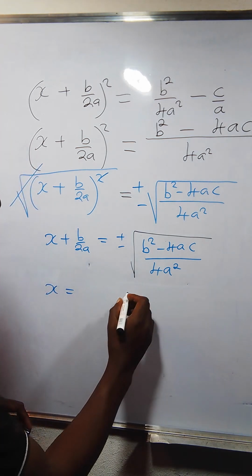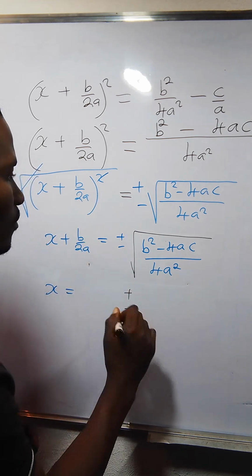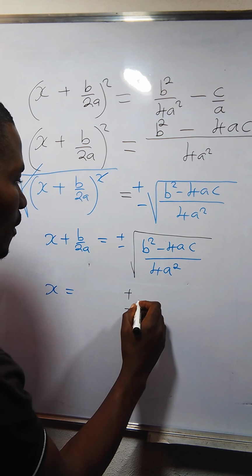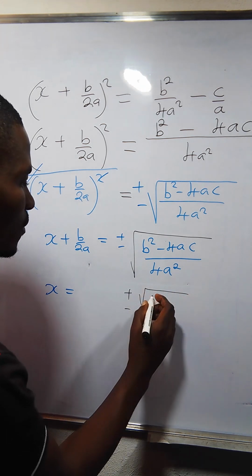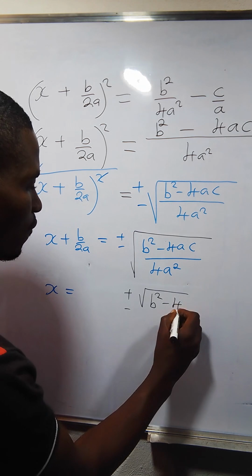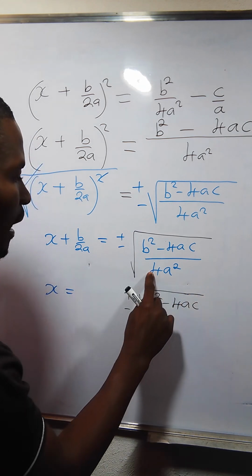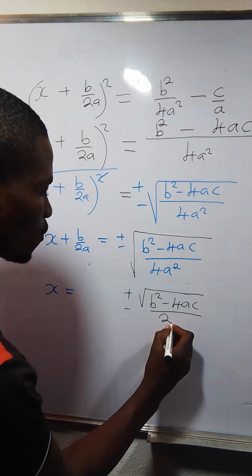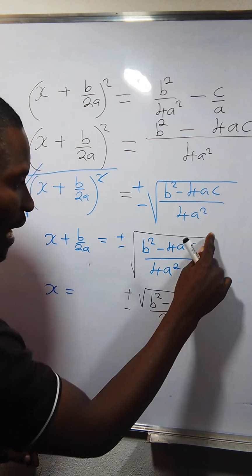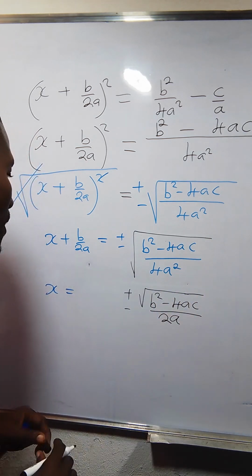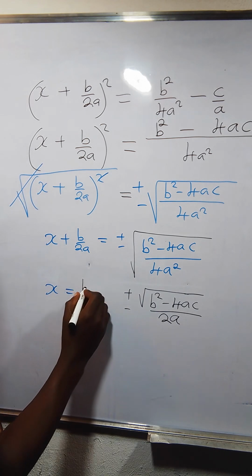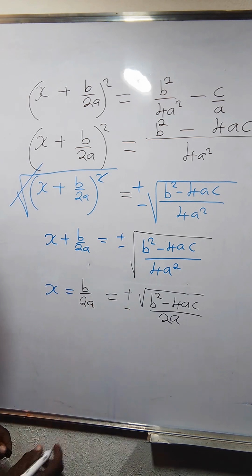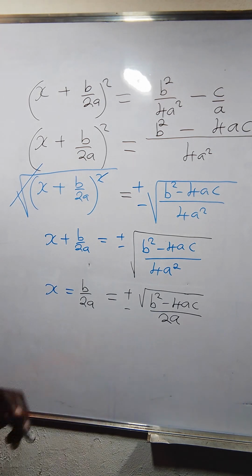So what's going to happen now is a plus or minus, and then we have the square root over b squared minus 4ac. Now the square root of 4 is just 2, and then this a squared cancels with the square root, then that becomes a, and then now I still have that. Hope you're following. Now from that point onward,